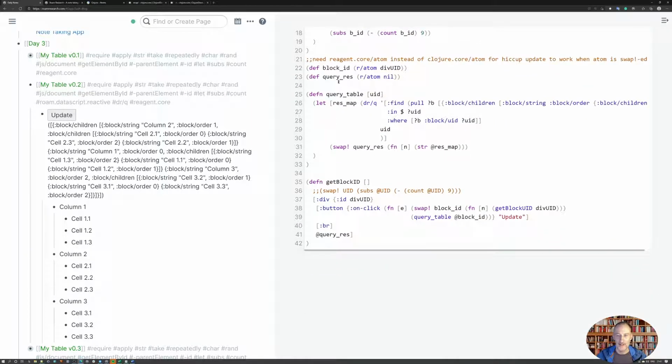And I have added a query result atom as well, and I have this query table which takes a UID and it runs the query. The query looks very similar to the previous one, except that I'm now providing an input, and so this is how you write the input. $ stands for the database, but it is implied, so it doesn't need to be passed in as an input parameter, and UID is the input that I'm providing. Otherwise, it is exactly the same